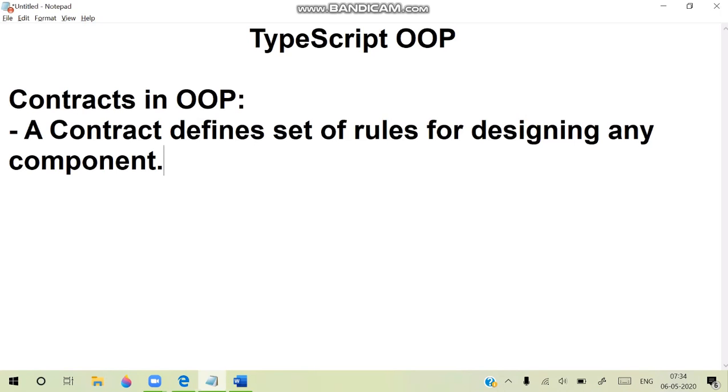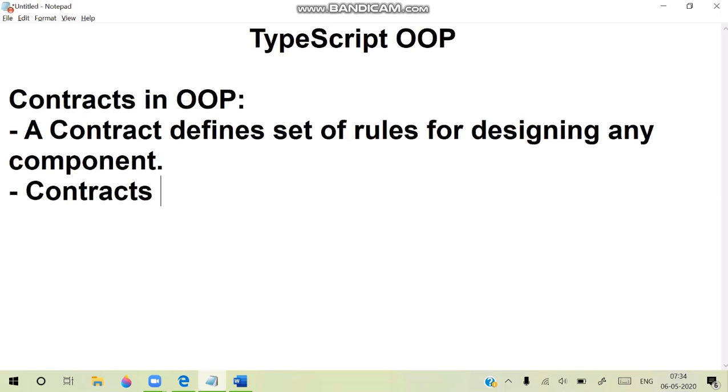So technically, a contract in computer programming, especially in object-oriented programming, comprises some set of rules that we need to follow for designing any component. And very important is